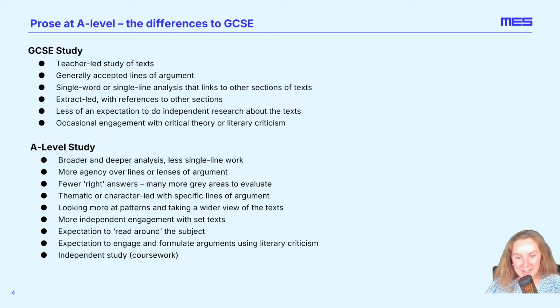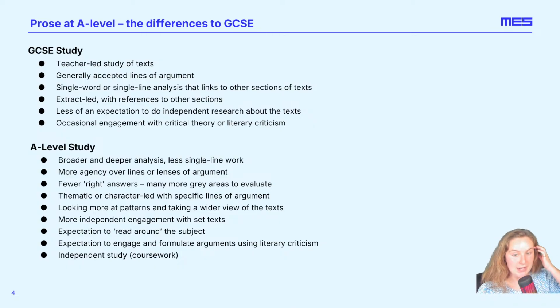And then occasional engagement with critical theory or literary criticism. So your teacher might have given you, or you might have found, a line that you memorised that has a critical thought in it, about Macbeth, about Inspector Goole, or you might have gone back to the author's own writing. So for example, J.B. Priestley writes a lot about socialism and his opinions about socialism. You may have included a line about that in your GCSE, but you're not really reading whole books about the